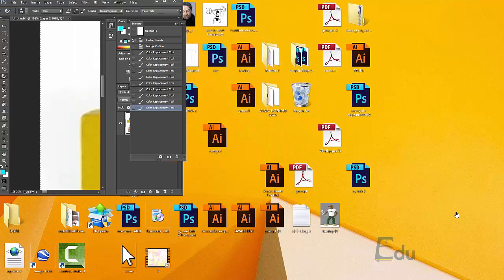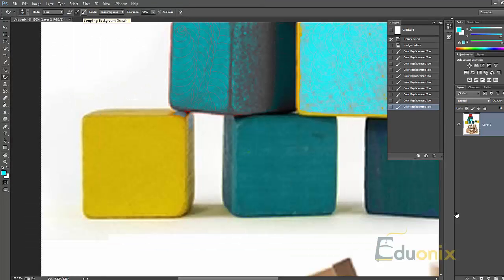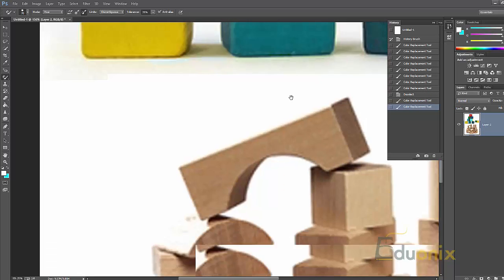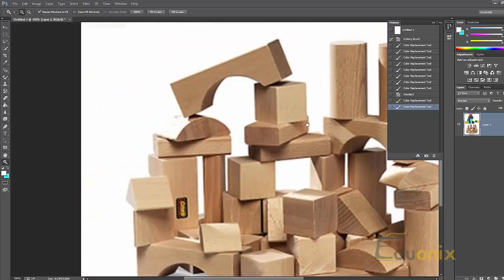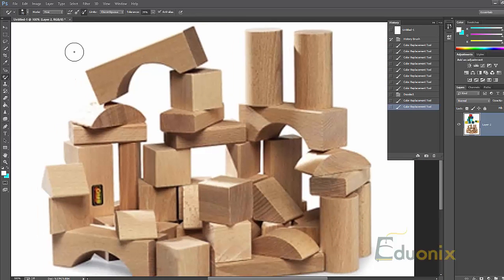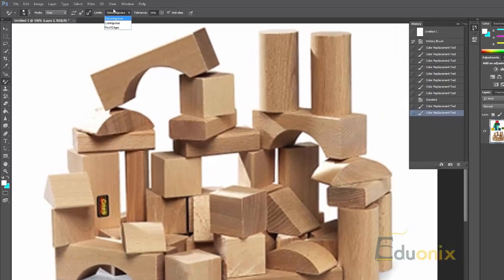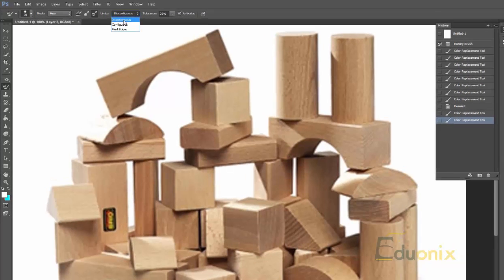I'm going to choose sampling background swatch. Of course it's have white on the background. So it's hard to find actually a lot of documentation. But the limits are ideally, discontiguous means that